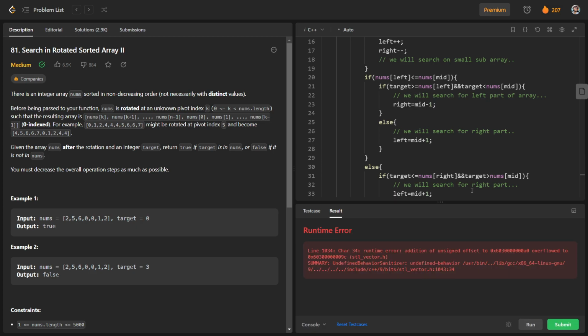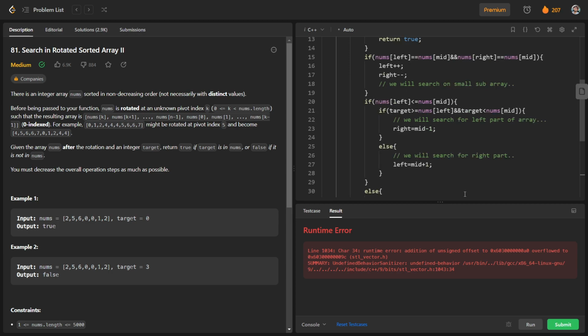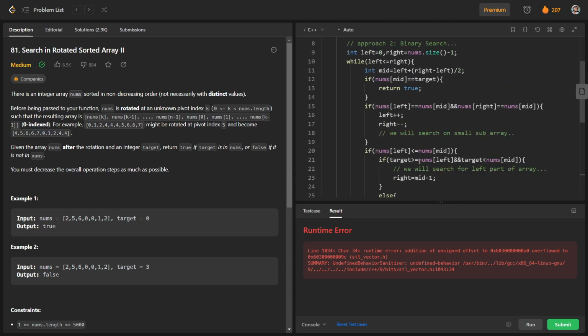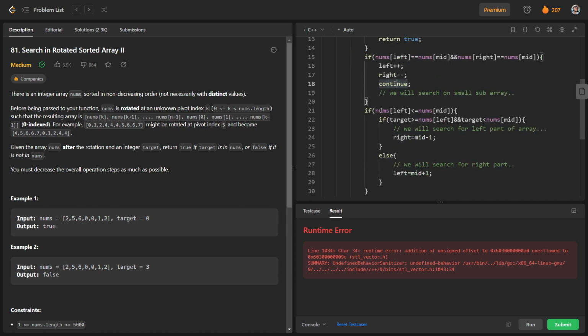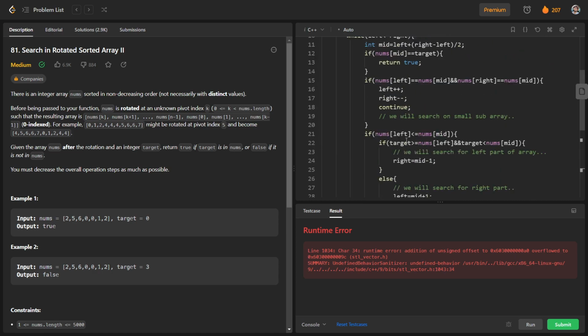There is some kind of error here. After this what we have to do is continue the case. We have to write continue, because if we are doing this, we are not supposed to do all these other things. So I have to write continue here, or we can also write else if here.